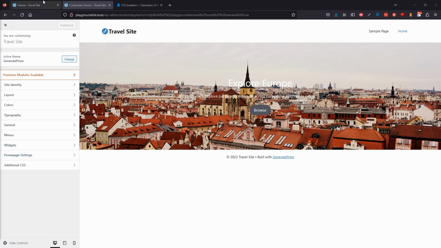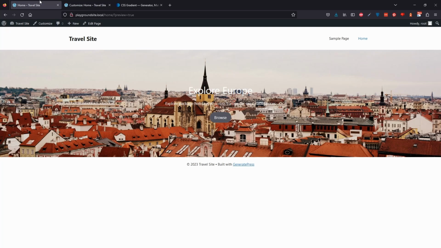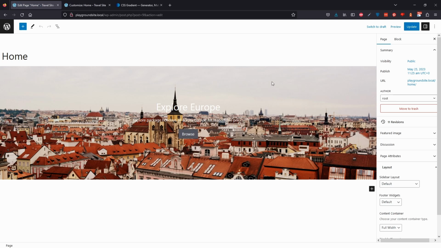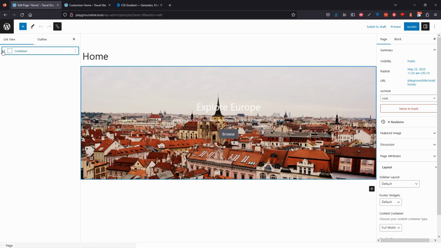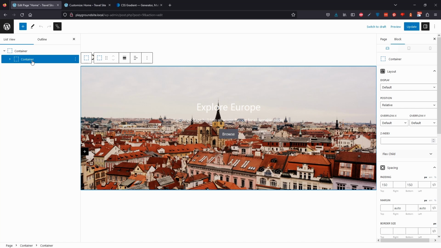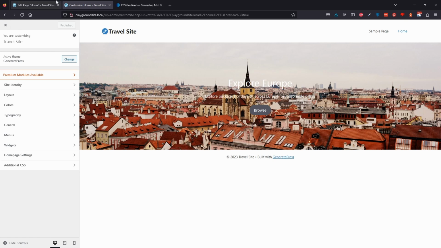So what we want to do first is come back into the page and click edit page so that you're on the editor if you're not already. We want to come to the inside container and go to the Z index. This is going to be a simple website, so you can set it to anything. If you're doing lots of things with your Z index, then obviously be careful here, but I'm just going to set it to 5. As long as it's higher than 1, you'll be alright. So then if we come back to the customizer here,